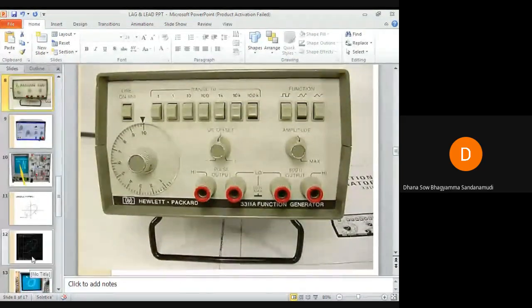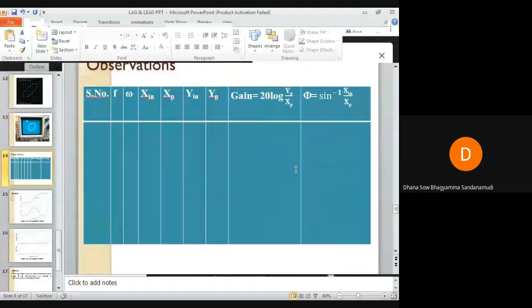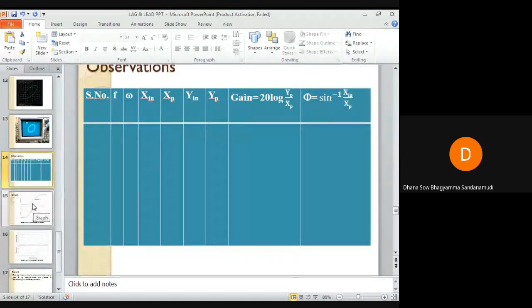After noting down all the values in tabular form, determine the gain value, that is 20 log yp by xp. You have the xp value and yp value, so determine gain. Similarly, determine the phase value, that is sine inverse of x in by xp. You have x in and xp values, so you can determine the phase. So you will get some phase values, some gain values, and omega, that is 2 pi f, you calculate the omega value. So you have a range of omega values, gain values and phi values. Take a semi-log graph sheet,